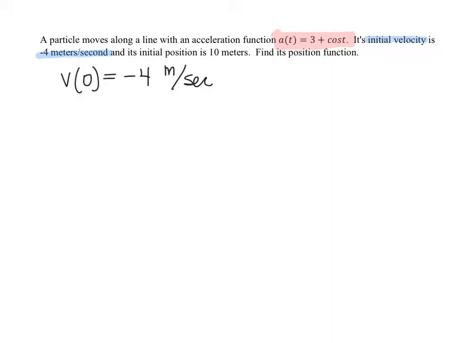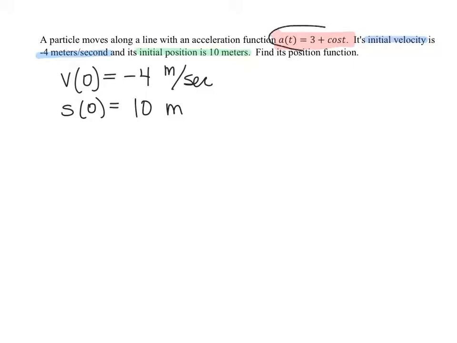In addition, the next piece of information says the initial position is 10 meters. Again, if I write that out mathematically, we're saying that the position, I'll use s for position, at time 0 is equal to 10 meters. So s of 0 is equal to 10. We sometimes call this type of problem an initial condition problem because we've been given some initial conditions, and